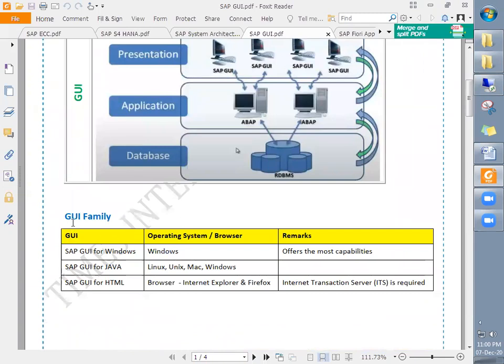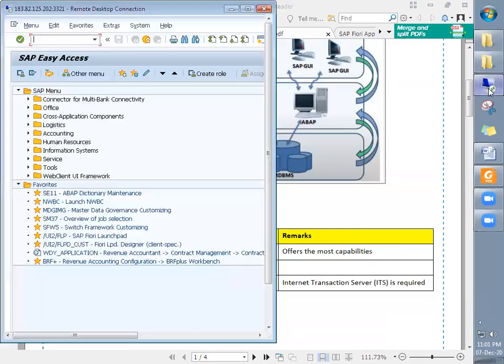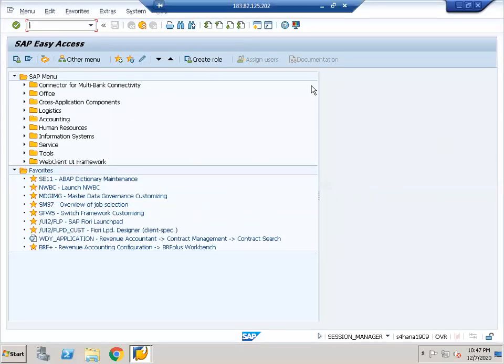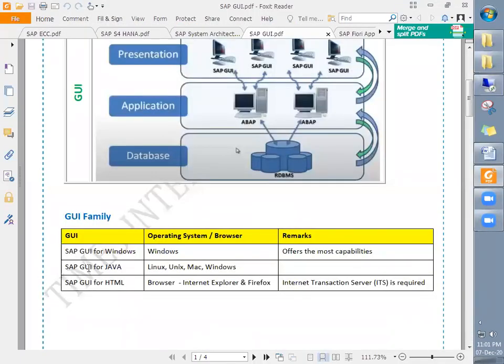If we talk about the GUI families, right? Three types of GUI are available. SAP GUI for Windows. You can see here, this is the SAP GUI for Windows, right? And then similarly, SAP GUI for Java, which is compatible with other operating systems like Linux, Unix, Mac, and it is also compatible with Windows.